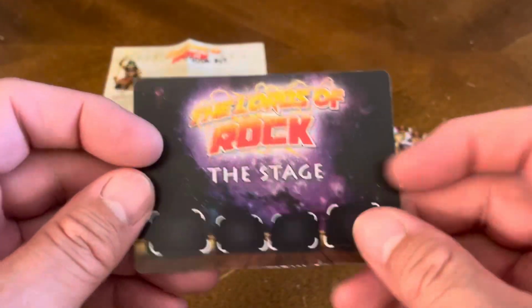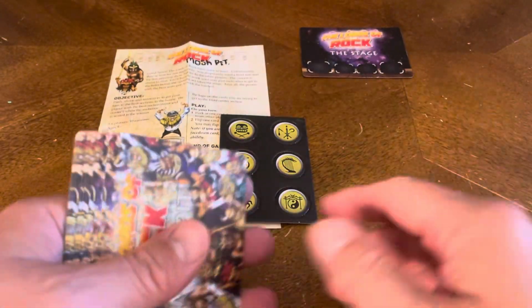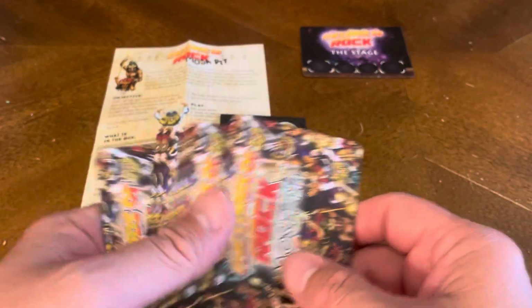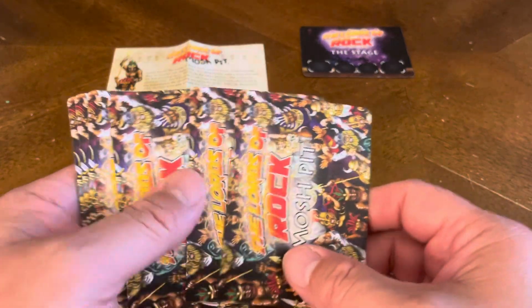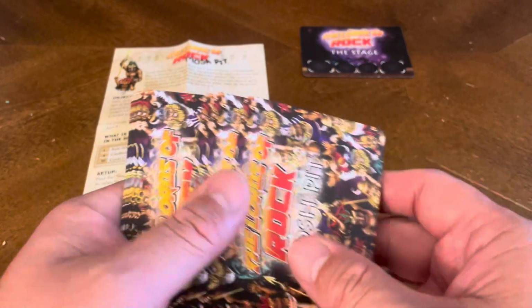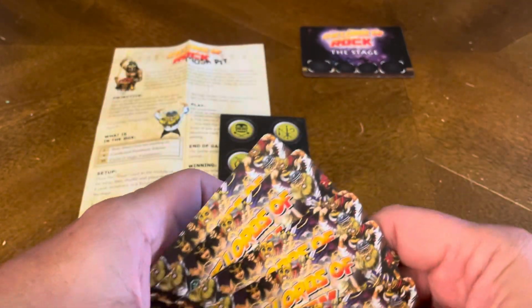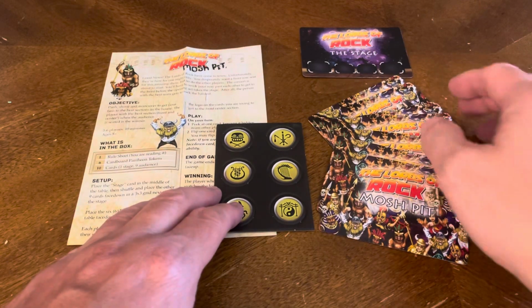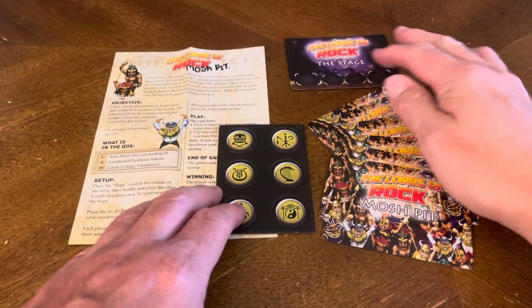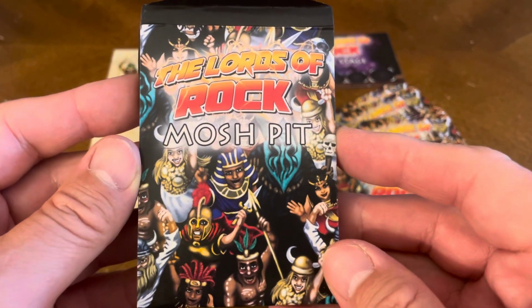So the stage is going to be in the front. You're going to be putting cards out and then flipping them to see which ones, and by rotating them based on the cards that you got, you're going to move other cards around and you're going to try to get the token on the place that is seated close to the stage. That's the object of the game. So this is everything that's included, and this concludes our unboxing of the card game, The Lords of Rock Mosh